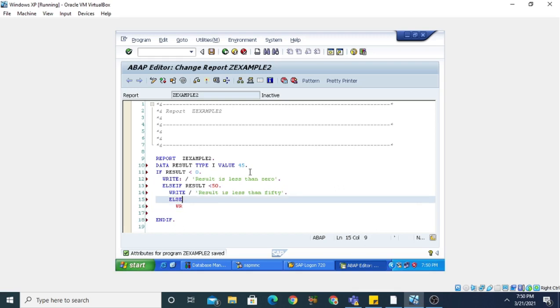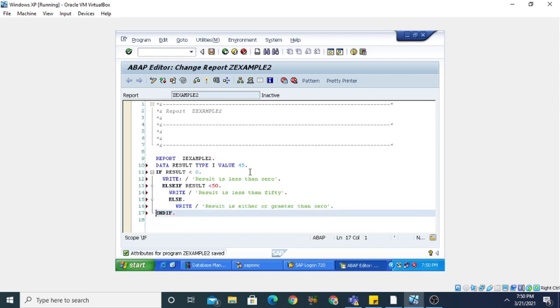Now I am going to write here, this is our write statement: result is either 0 or greater than 0. So this was the use of this if else statement.